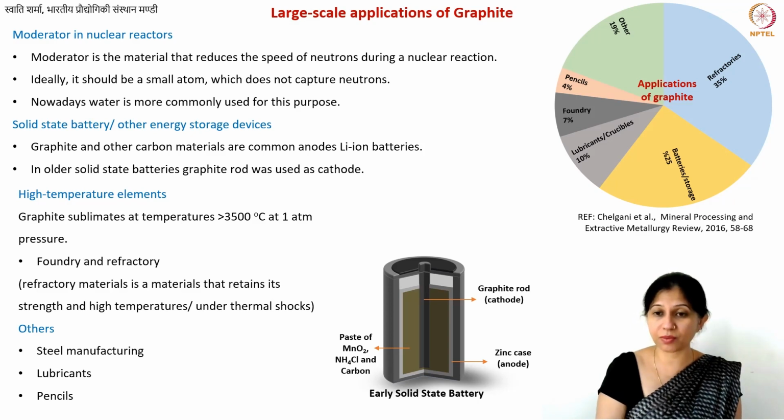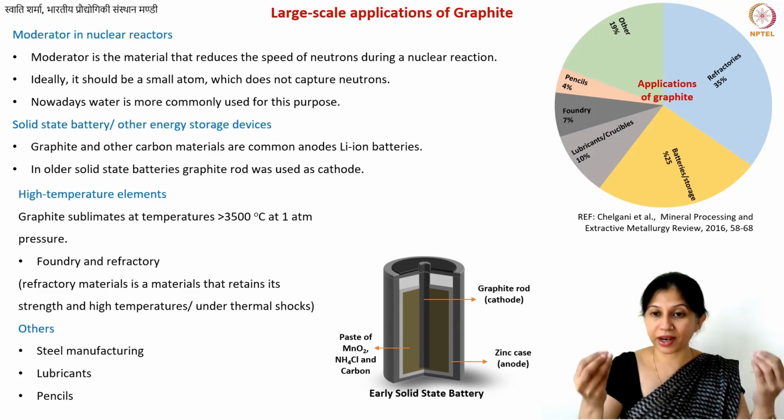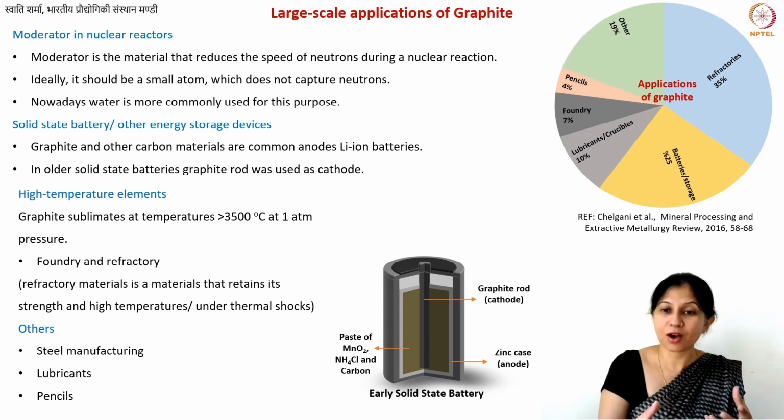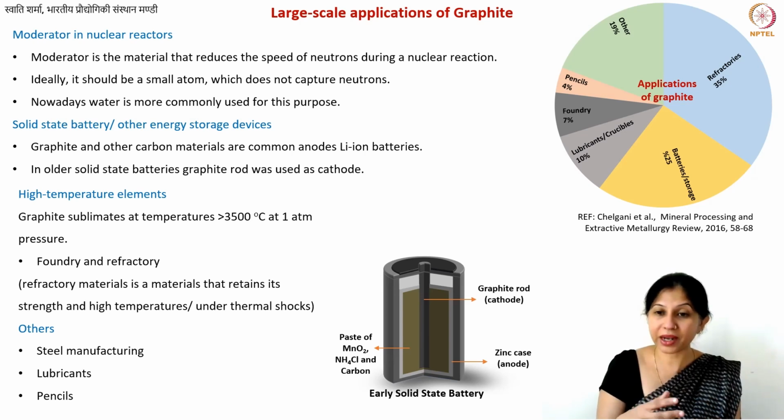Steel manufacturing is also one very important industrial application, where you use different types of carbon, and not only do you use graphite, sometimes you also end up getting some graphite precipitates during the steel manufacturing. Steel manufacturing is an industry very closely related to carbon, because you have carbon in iron, and graphite is very much used for those applications as well.